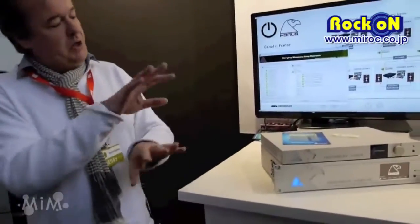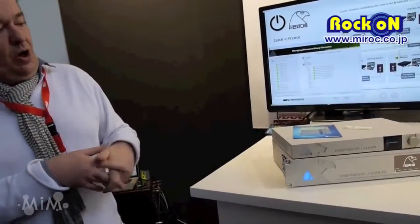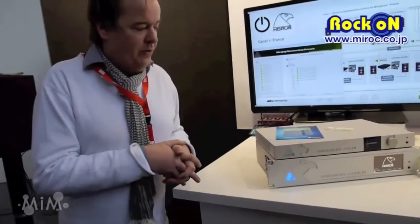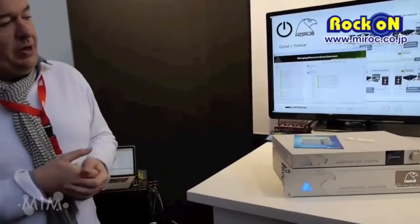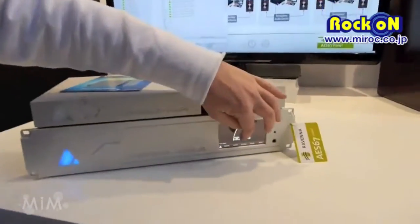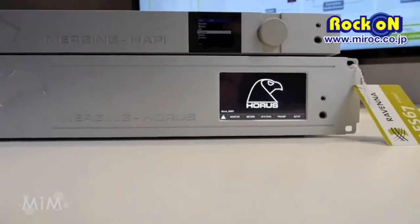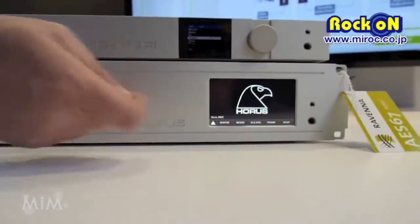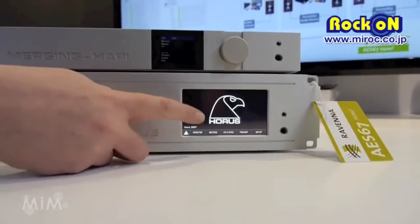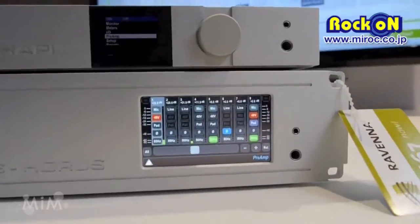Those 6 bays can be combined as you want, so we can have only a digital machine, or we can go over 24 channels, 48 channels, however we want. Then the command is over touchscreen in front, where we can change the different needs for the mic pre's, for example, 48 volt, pads, phase invert,